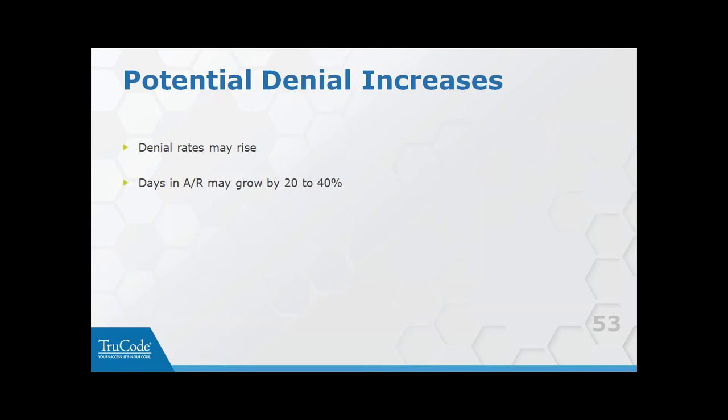What about your days in AR or your DNFB or your unbilled accounts? If we are slower, that's going to increase. Then what's going to happen? I've talked to people that have said, well, we're going to keep our DNFB or our days. We're saying, okay, right now from the time a patient is discharged to the time the bill goes out, we're keeping it at 4 days. Is that realistic? I don't know that it is in every case,